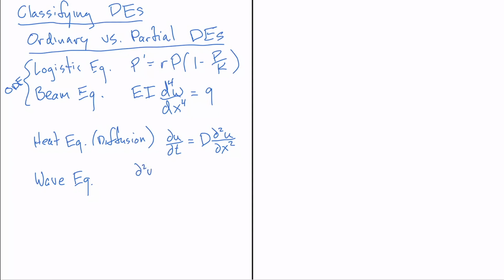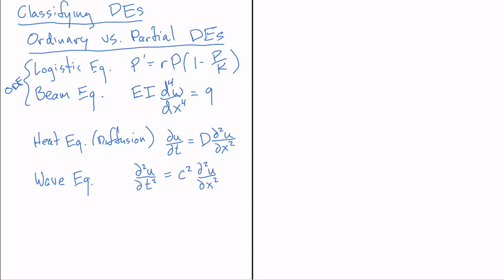We take two derivatives of the object that's propagating. So if it's a guitar string, it would be the deflection of the guitar string, or in the case of electromagnetic waves, it would be the intensity of the electric field. And we take two derivatives of that quantity with respect to time, and that will be equal to c squared, where c turns out to be the propagation speed, multiplied by two derivatives of the quantity